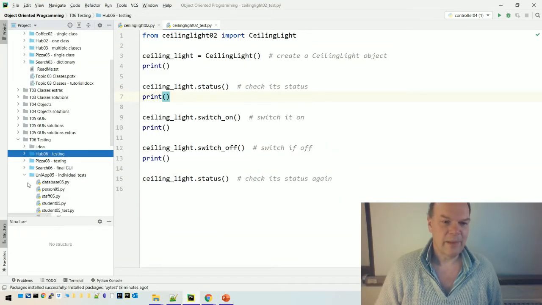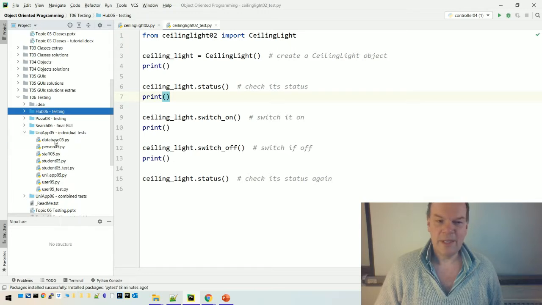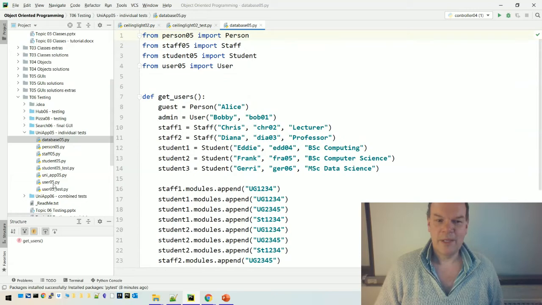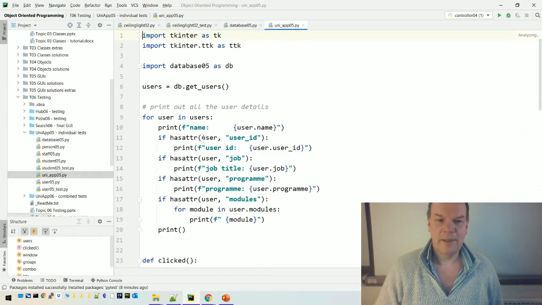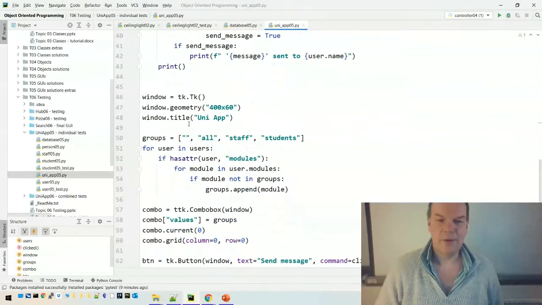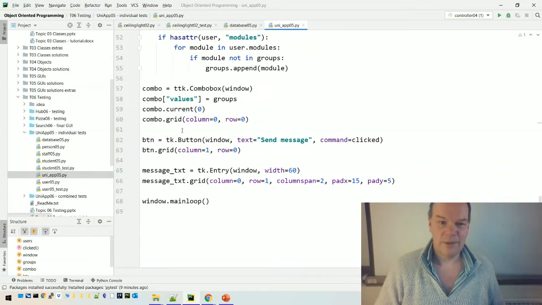Here's the Uni App. So we're not going to test the database. There's the database where we create all the staff. We're not going to test the app. There's the app where we figure out which messages to send and who gets them, and do that in a GUI. We're not going to test any of that. We're going to test these individual classes, like the